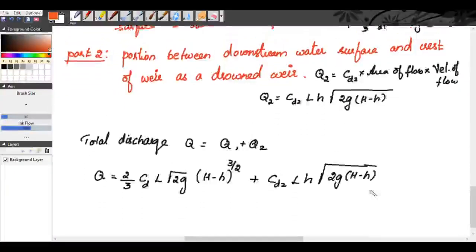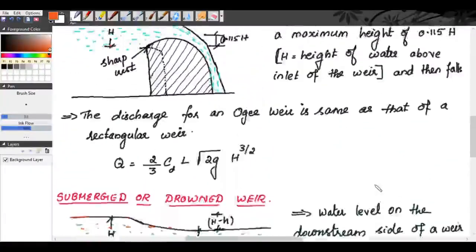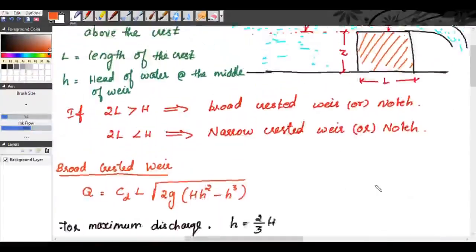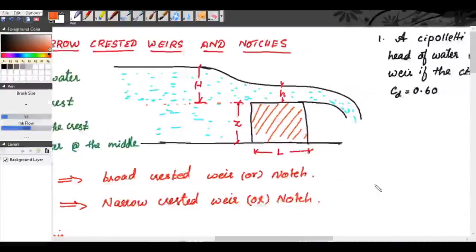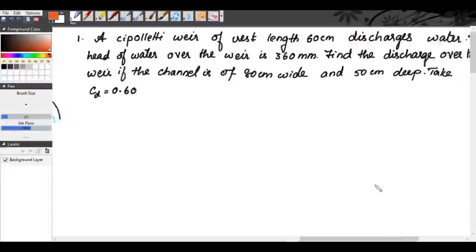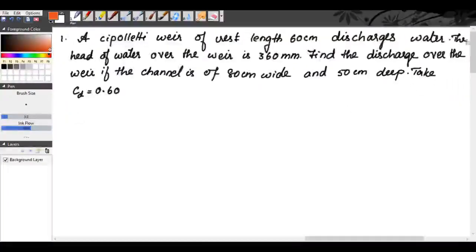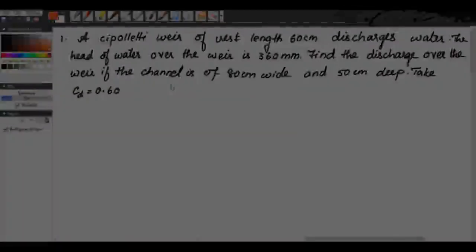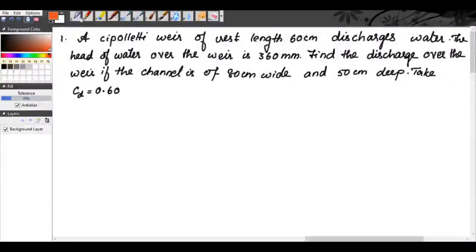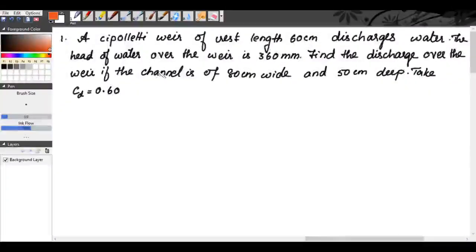So that's all the theory part. We will move on to some problems, and with that, we will complete our module 4. Okay, let us move on to our problems. So the first problem is, a Cipolletti weir